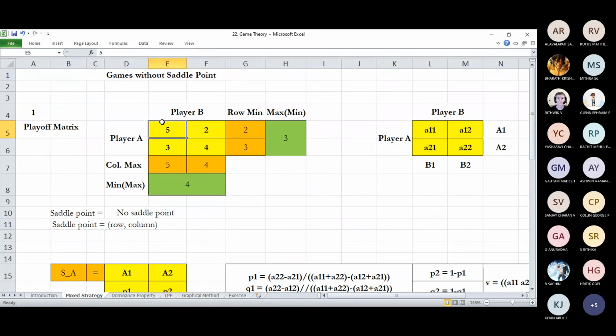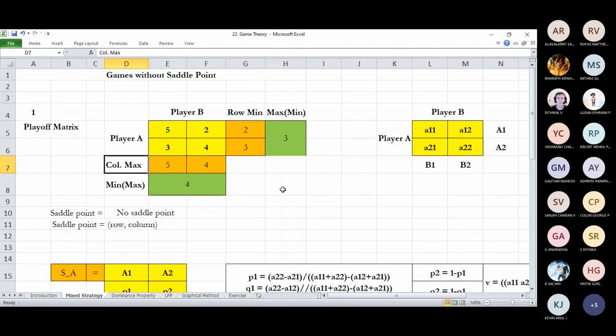And our objective is to maximize the value of the game. That's an important thing for any player to win a competition or a two-player game. So that's our objective. And we look into saddle points. The first thing we're going to look into when we solve a game theory problem is the maximin and minimax approach. First, we take the row minimum, then we find the maximum of the minimum, then we find the column maximum, and then the minimum of the maximum, which is maximin and minimax.